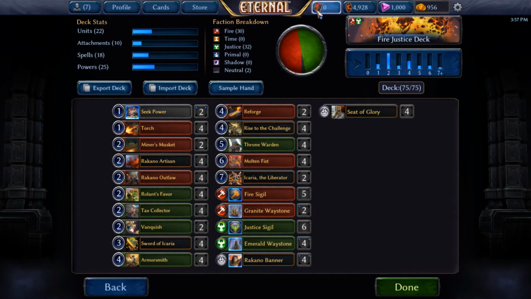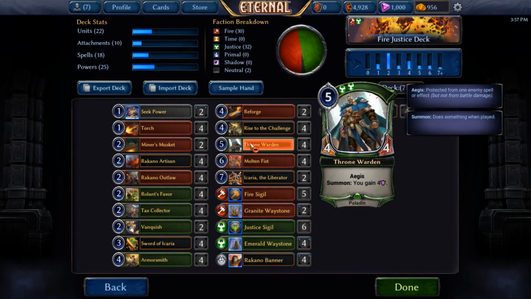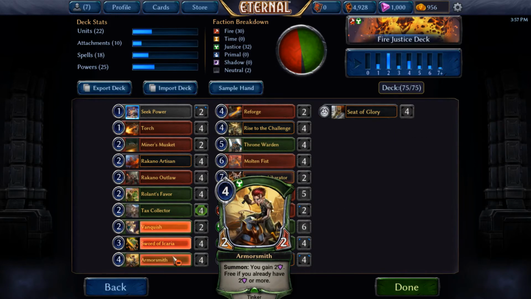So there's a lot of different ways to gain armor. There's Throne Wardens, pretty obvious. Summon, you gain 4 armor. It's always been a staple of any armory list, any list that relies on a lot of weapons. So we've got the Throne Wardens. We also have something that you probably haven't seen in a long time, unless you've played a lot of Armory,